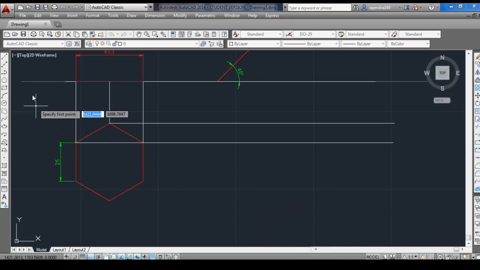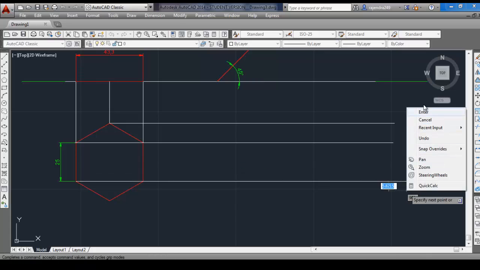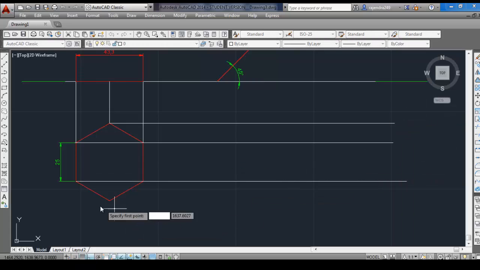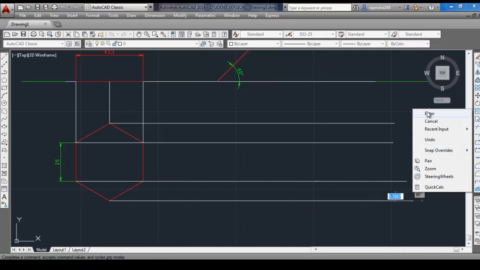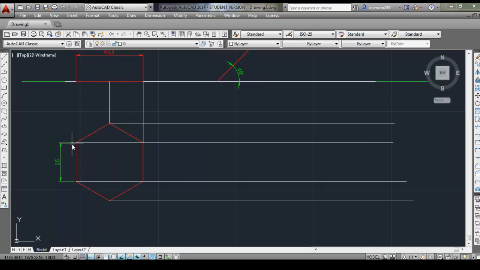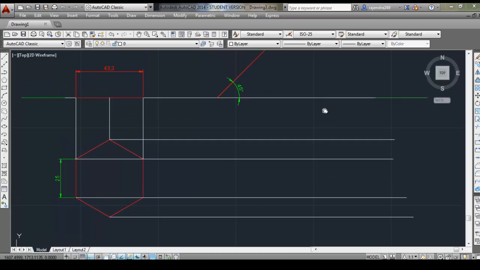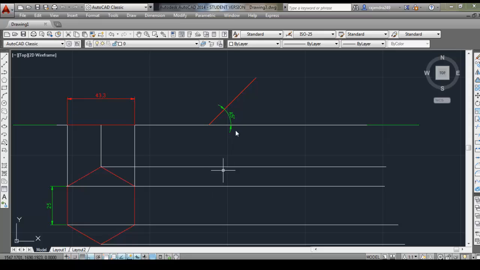Now we also have to draw the projection of the below points so that we could locate the hexagon properly. I'll repeat the line. So now we have the projection of all the 6 points, that is this 1, 2, 3, 4, 5, 6. All the 6 points we have the projection of that line. And to locate the vertical points, I'll take the projection of this line because ultimately we want a hexagon which makes an angle 45 degree to the horizontal plane. So in the same way, I'll take the projection of this